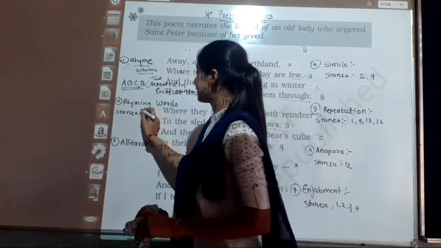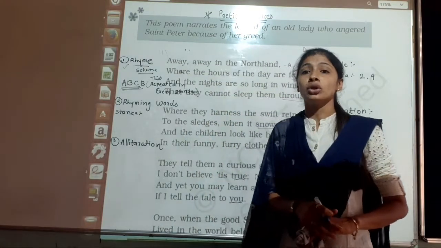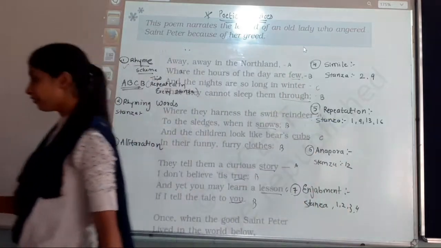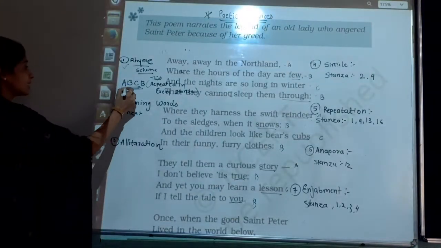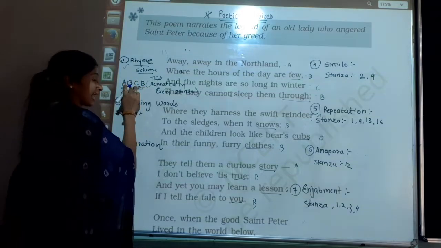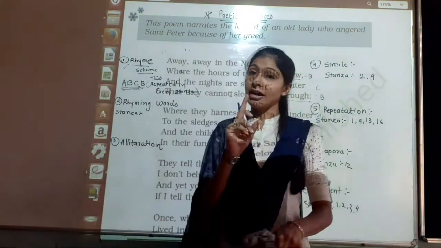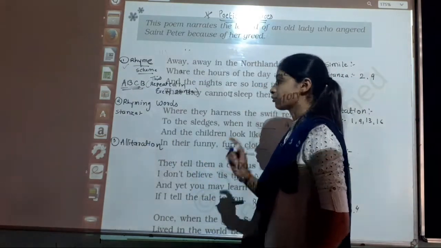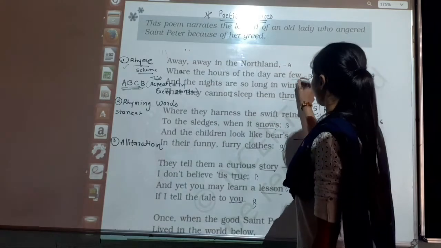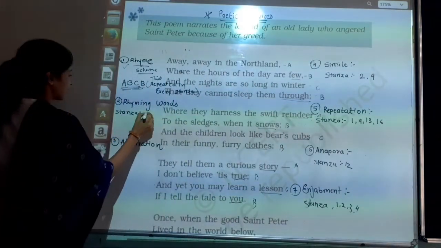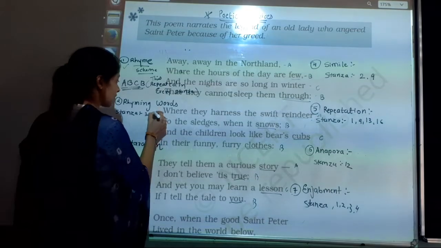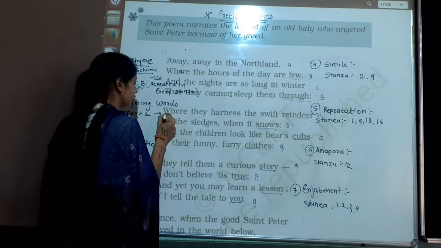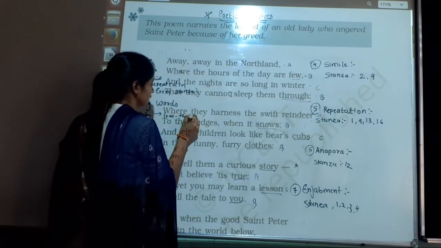Now the second point is rhyming words. As you know, it is based on the rhyme scheme. So if the rhyme scheme is there, and it is B, B in the second line and in the fourth line of every stanza, the last words repeated there become the rhyming words. For example, I am giving you here few and true, right? So this is stanza number 1, you will write stanza number 1 and write there what the rhyming words are. That is few and true.